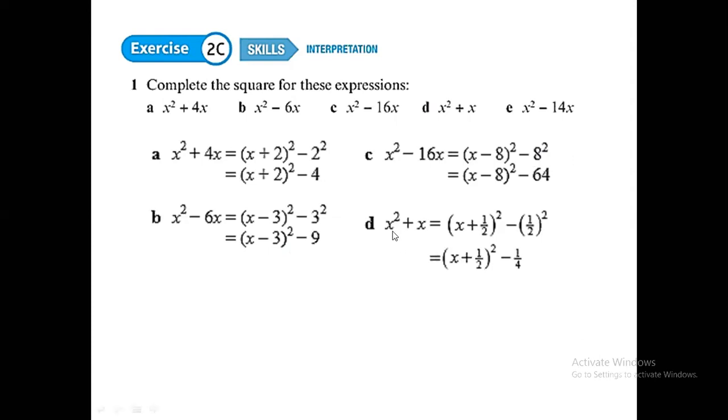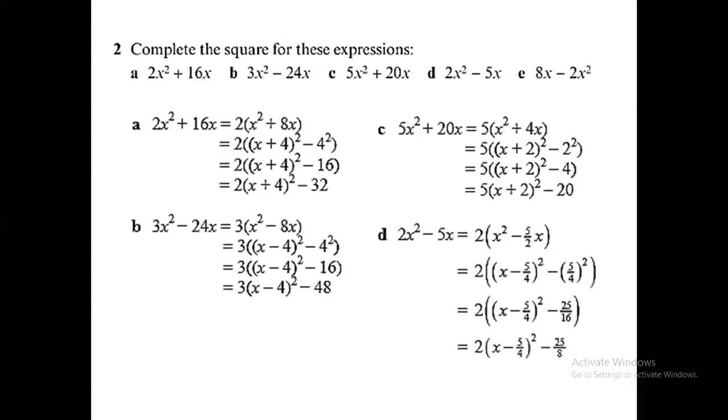Then over here, what is the coefficient of x? It is 1. Then take the half of 1, which is half. Then you can write (x plus half) whole thing squared minus the square of that number, half squared. That is (x plus half) whole thing squared minus 1/4. Here there is no constant term, that is why we just write this one. Other than that, we have to write the constant term over here and simplify with that. But in this question, there is nothing to do in the last step because there is no constant term over here, right?